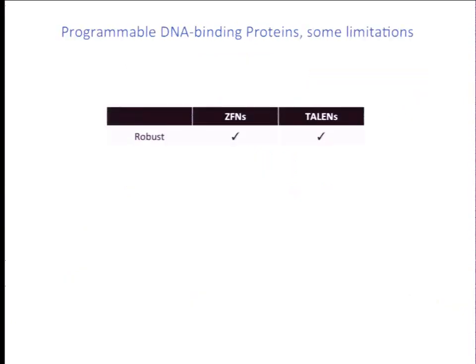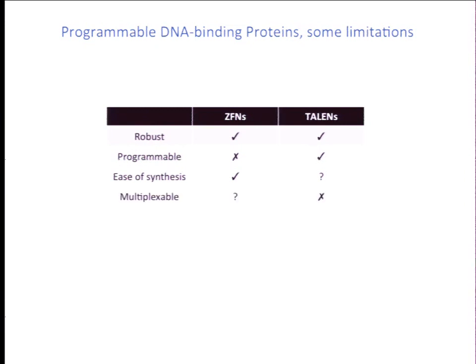So while both these approaches, using either zinc fingers or TALs, can result in very robust genome engineering, they still come with a range of limitations. The primary among them is that zinc fingers, as I mentioned, are not very programmable, but TALs are indeed programmable. But while TALs are programmable, they're not the easiest to synthesize. Also, they're very large in size, and they have heavily repeated sequences, so it makes it complicated to engineer TALs in a standard lab.